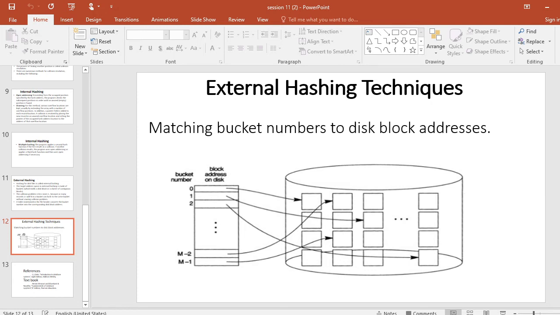Deletion: in dynamic hashing, deletion of a record can be implemented by removing the record from its bucket. If the bucket has an overflow chain, one of the overflow records can be moved into the bucket to replace the deleted one. If the record to be deleted is in overflow, it can simply be removed from the linked list. The empty positions in overflow should be kept track of by maintaining a linked list of unused overflow locations.